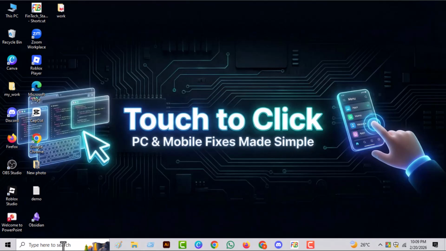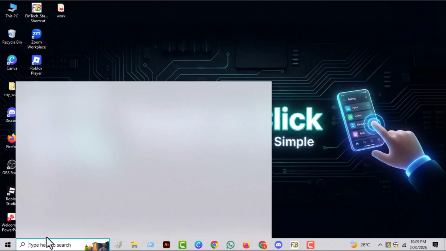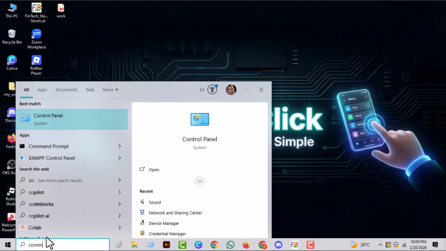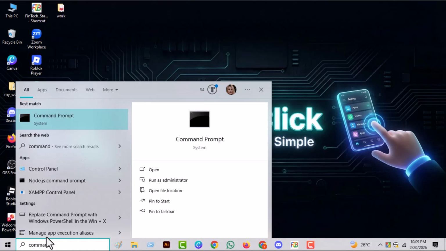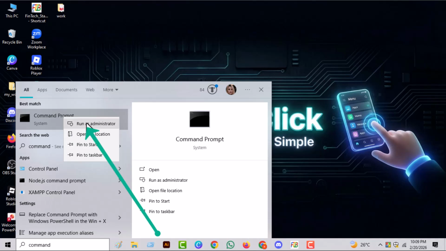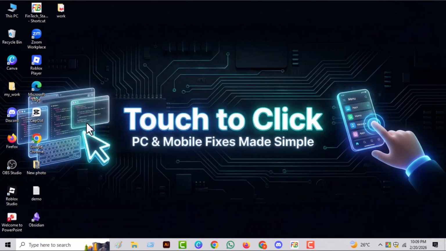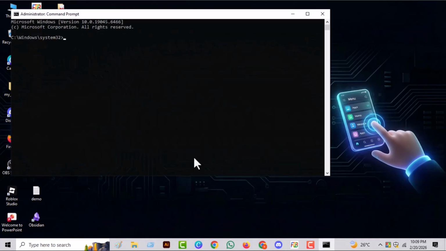Step 2. Click on the search box located on the taskbar at the bottom of your screen and type Command Prompt. From the search results, right-click on Command Prompt and choose Run as Administrator, which gives it full system permissions to make changes. Running it as administrator is necessary because recovery commands require elevated access to scan and modify drive attributes. Step 3. Once the command prompt window opens, type ATTRIB